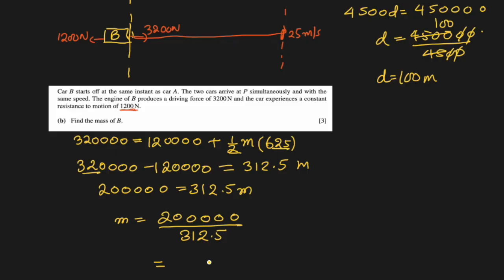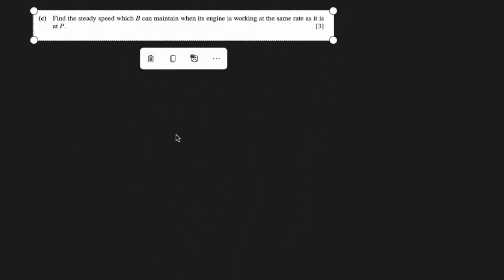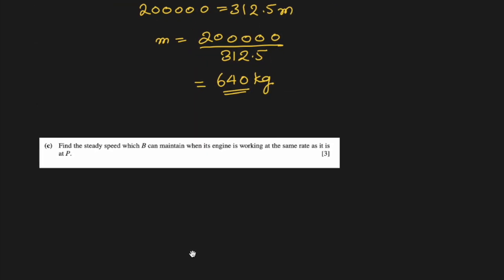I got 640 kilograms. This is the mass of car B. Okay, are they sparing us out of this? Or find the steady speed which B can maintain when its engine is working at the same rate as it is at P. So